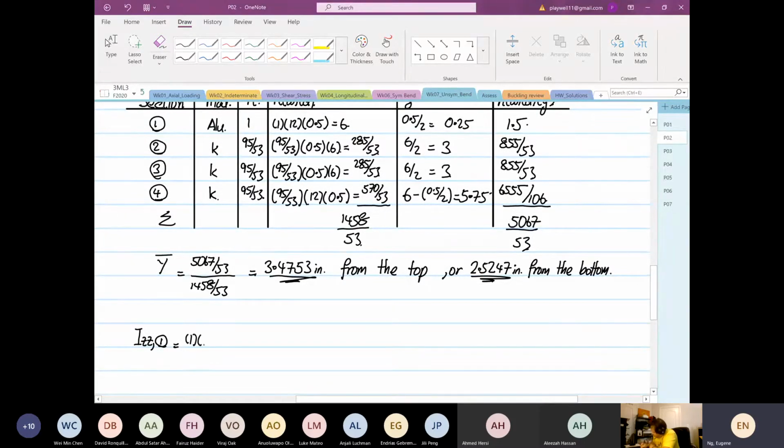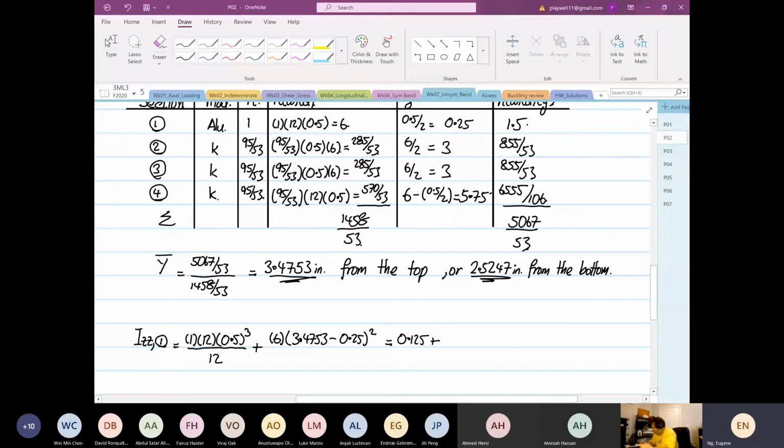So 1 with 0.5 cubed divided by 12 plus the area of 6 multiplied by 3.4753 minus 0.25 squared. Okay, so this is equal to 1 times 12 times 0.5 power 3 divided by 12. So this is 0.125